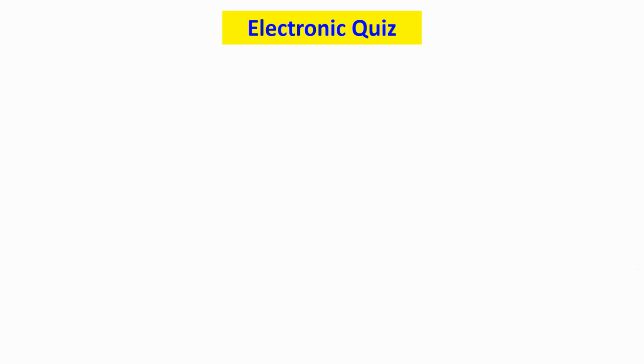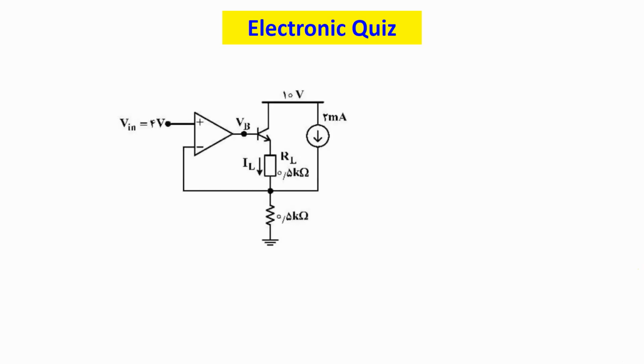This is Ehsan, and in today's video we're going to take a look at another electronic quiz. Here is our circuit. This is the ideal op-amp and these are BJT transistors, and we're looking for the values